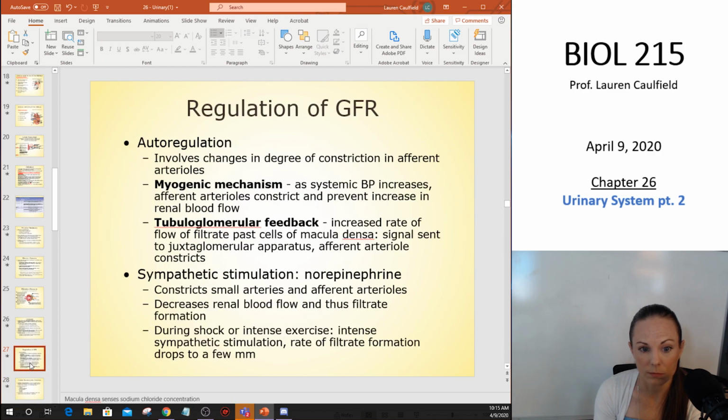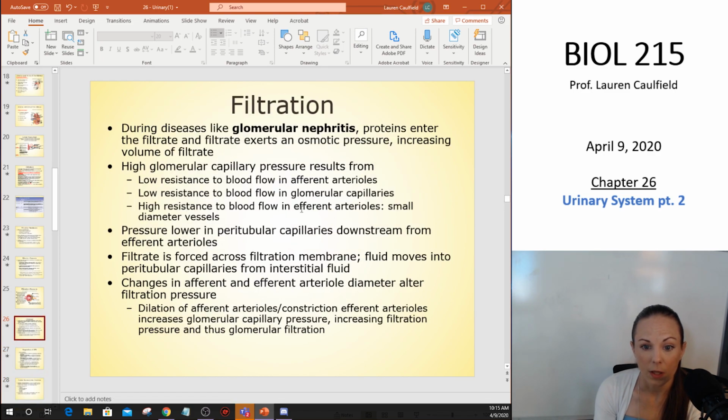If we think about the fact that we have those bands of smooth muscle, those are going to have the ability to vasodilate or vasoconstrict either of those vessels. Okay, so if we alter the diameter of either of those vessels, we are going to alter the blood flow